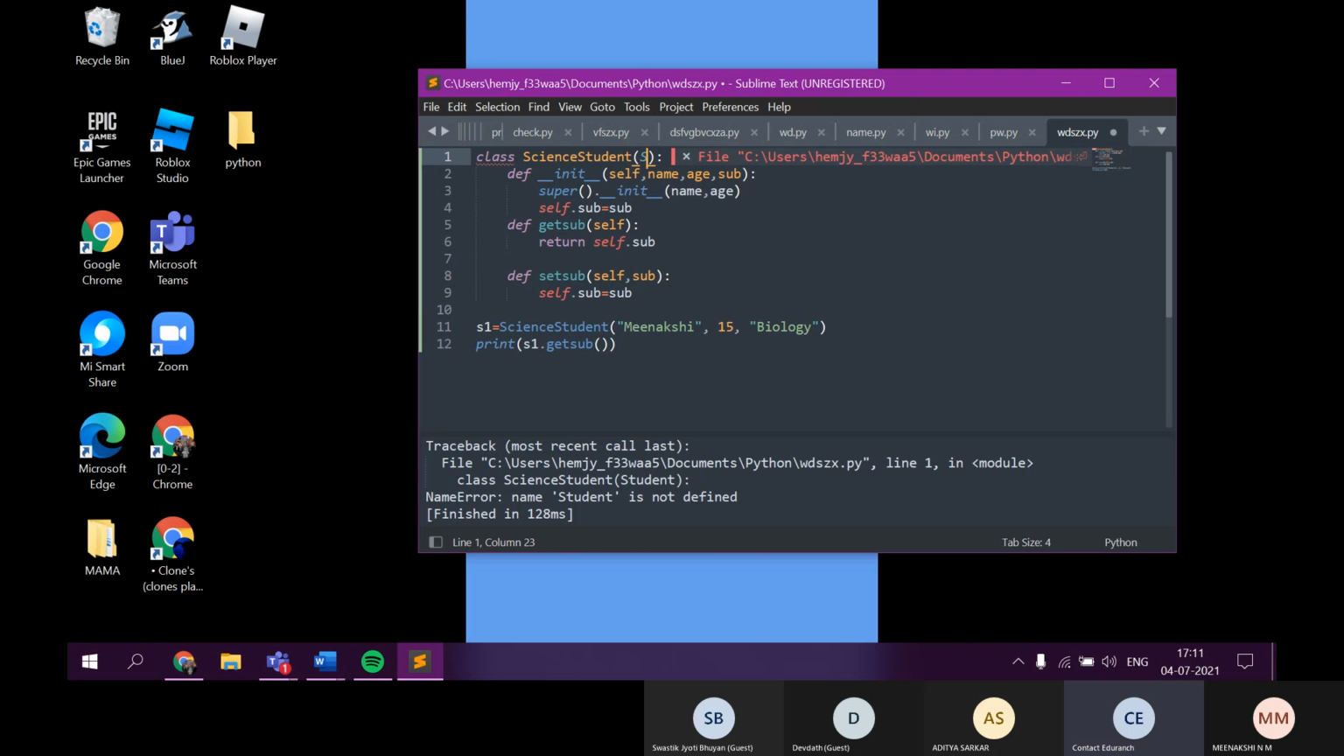Okay. Go to the top. Yeah. Now, no, it's correct. It's correct. Don't do anything. Why are you doing? No, it's correct. Student, only student. Okay. Now, since you are writing this in a new file, you have to import the student